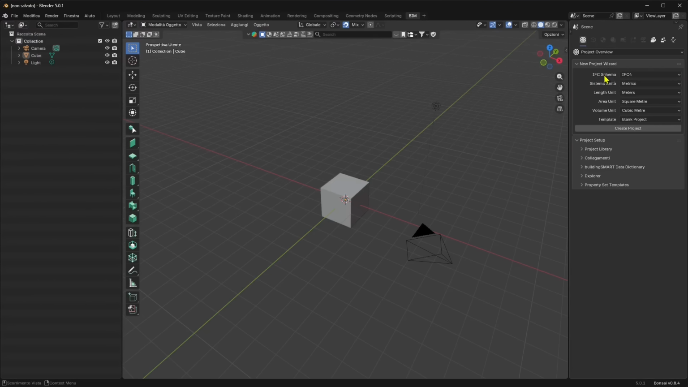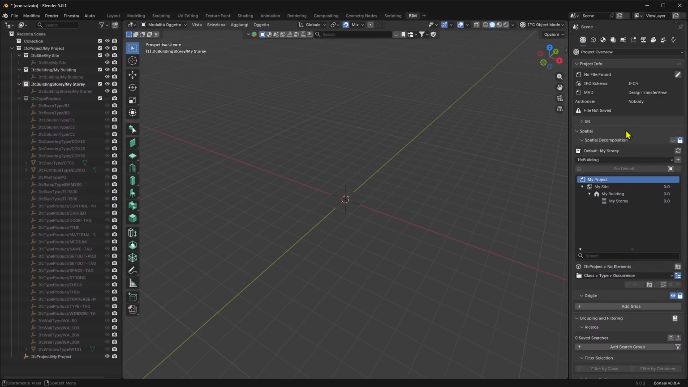If you go with the wizard, the wizard is also accessible directly in the properties panel on the right. It's usually right there. You can pick one of these IFC schemes like IFC4 or IFC4x3. You can pick a unit system for length, for area, for volume, and you can also use a template or not. Of course, the best option probably is to use a template, and you can click here